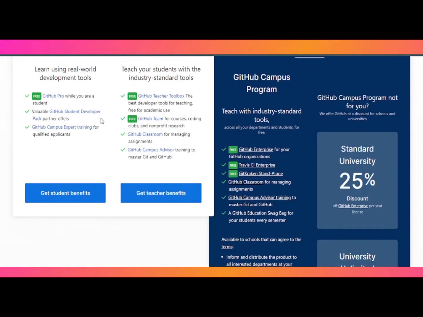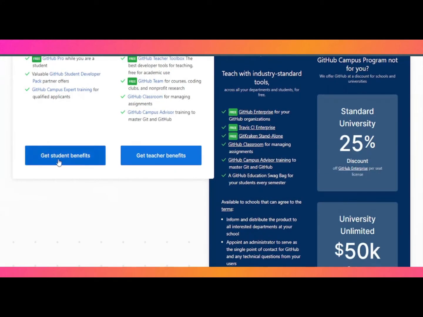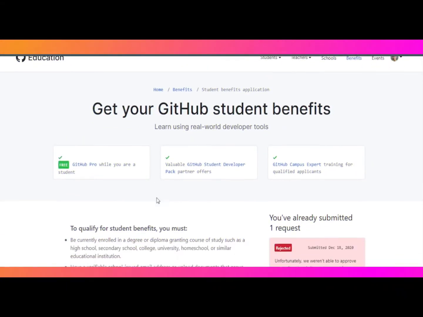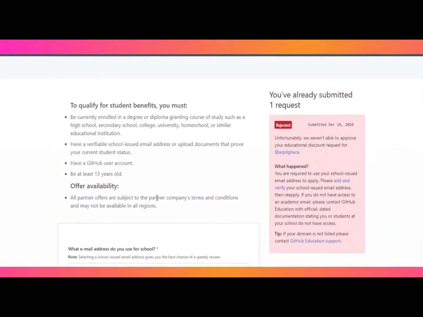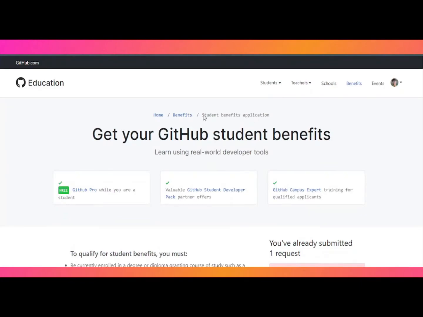Now if I am talking about students, for students, click here, Get student benefits. When you click here, you will head over to your profile where you can reapply or apply for the first time.